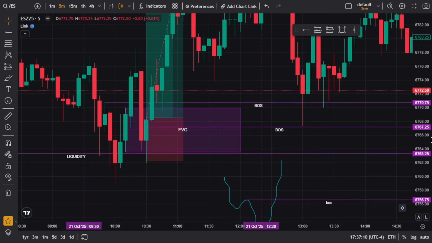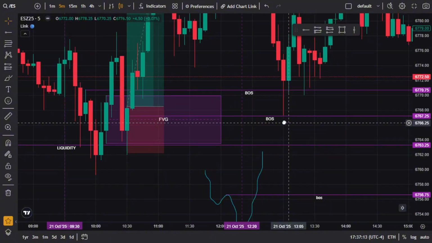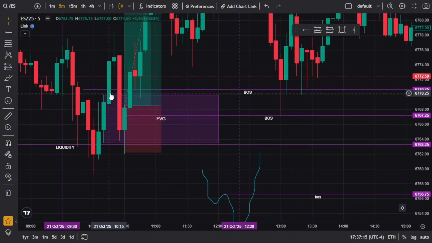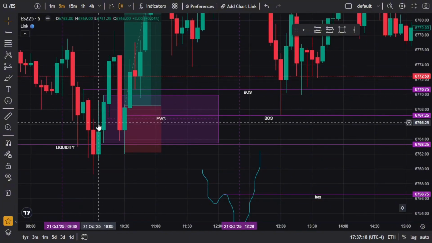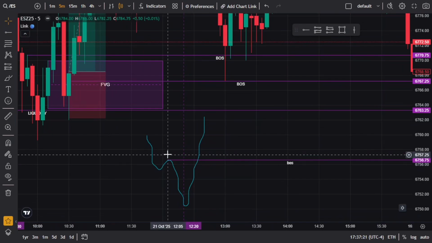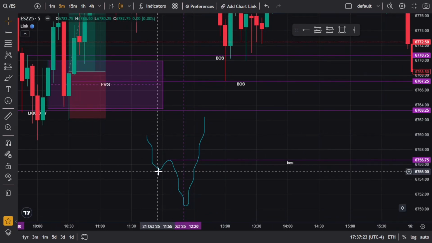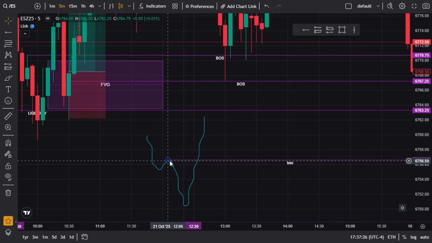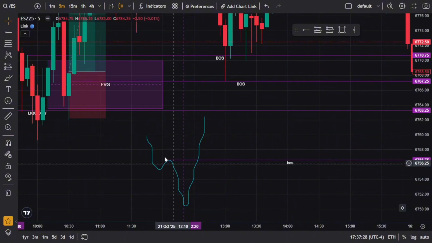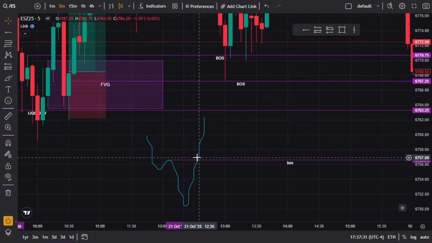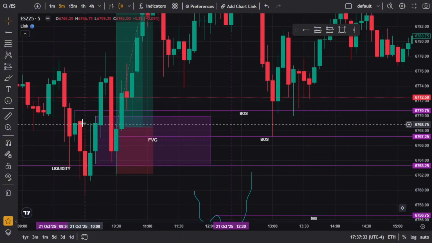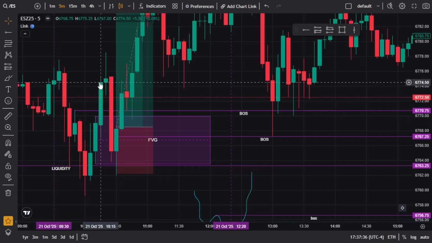So we mark it out. You're like, well, why do you mark it out? What's the point of marking it out? The reason for marking it out is because we're waiting for a candle closure above this previous high, right? So here, we were going lower low, lower high, lower low. We marked out this previous high, and then we wait for a candle closure above that. So this candle closed above this high, right?